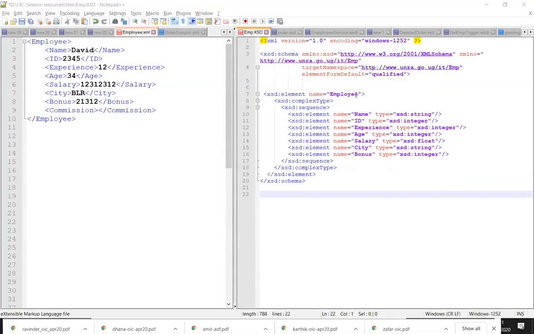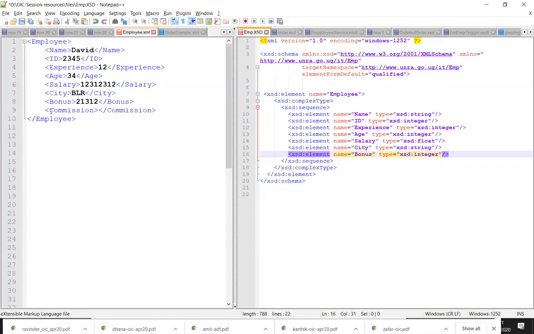So I'm assuming that. Bhaskar, can you repeat once again that XML and XSD difference, if you don't mind? XML is the actual XML document. XSD is you're taking it as a type basically. If I say my XML will follow this XSD, that means you can use only these elements. What are the elements? Employee, name, ID, experience, age, salary, city, bonus.